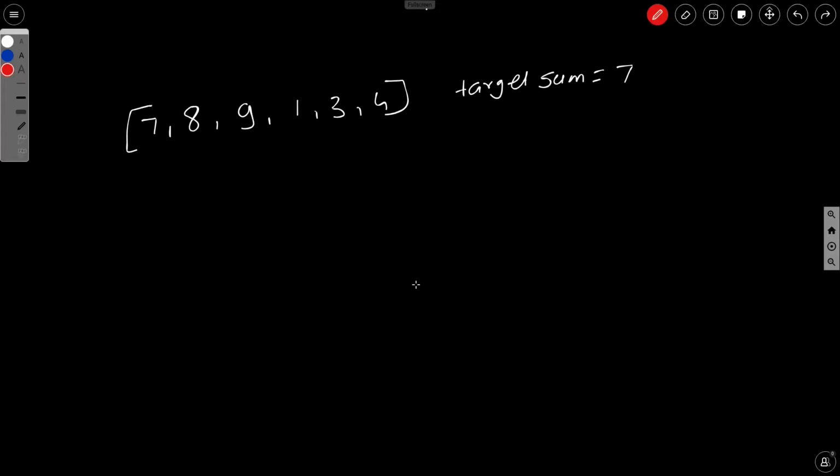In this video, we are going to be covering the question of two num sum. This question gives you an array of distinct integer values, meaning no number will be repeating, and a target sum. What we have to do is write a function that will find whether or not there is a pair of numbers in this array that sums up to the target number.